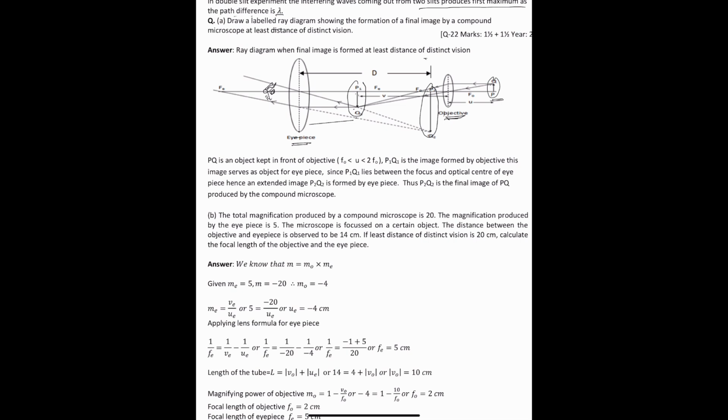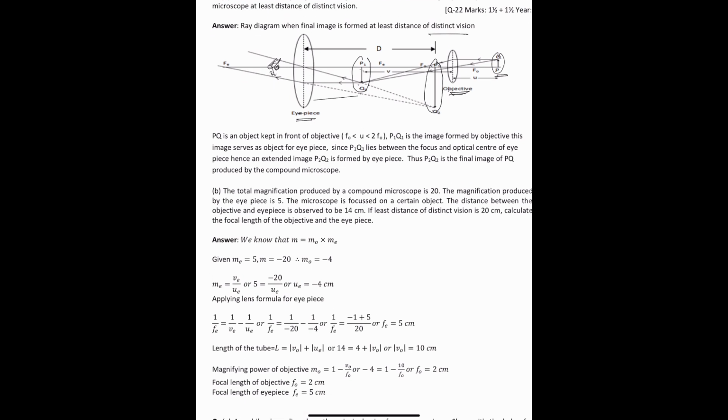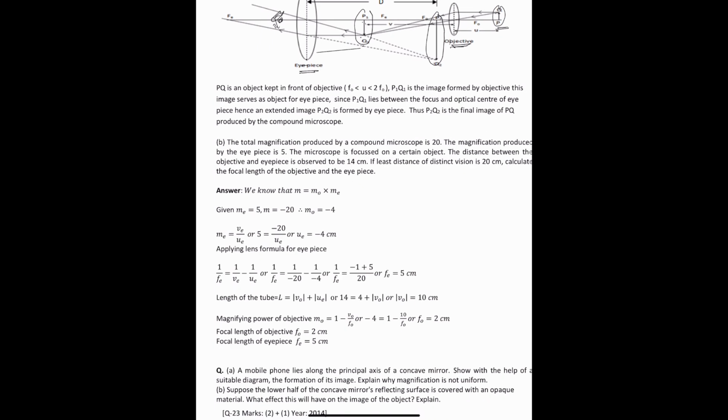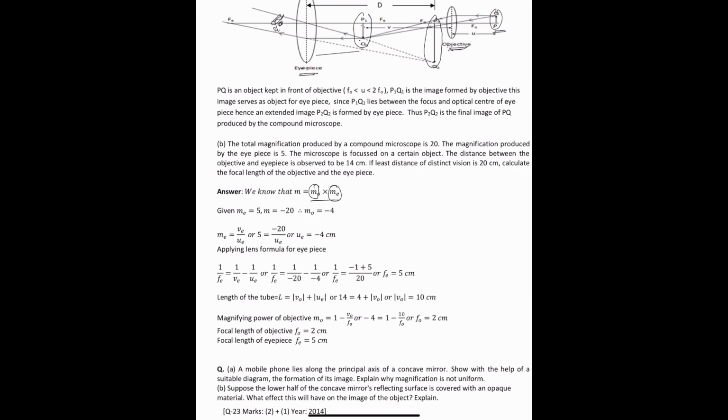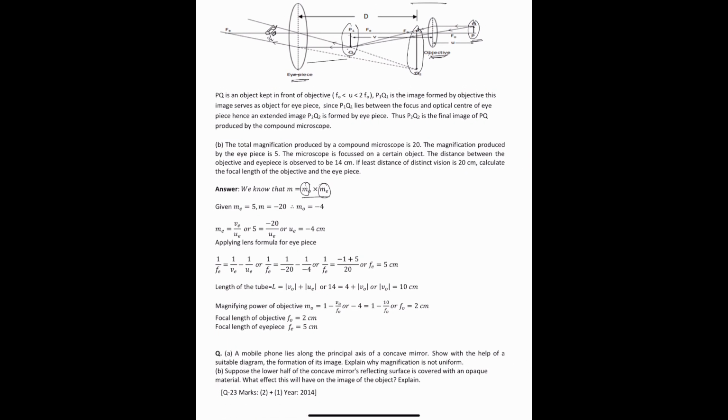This is the compound microscope ray diagram. This is what is explained. Total magnification is equal to the magnification of the objective times the magnification of the eyepiece. So the total magnification produced by the compound microscope is given as 20, the magnification produced by the eyepiece